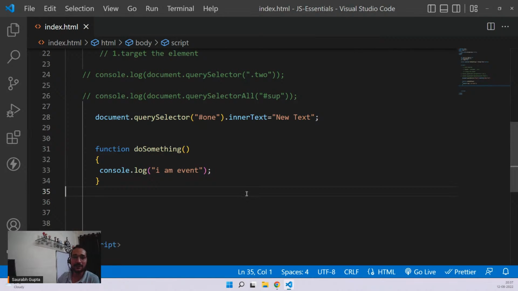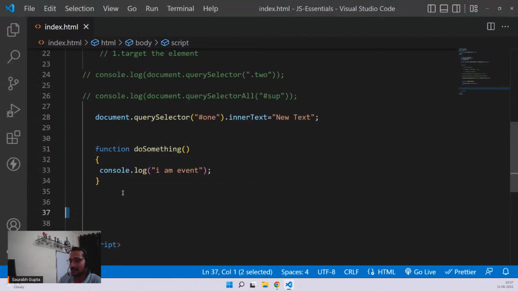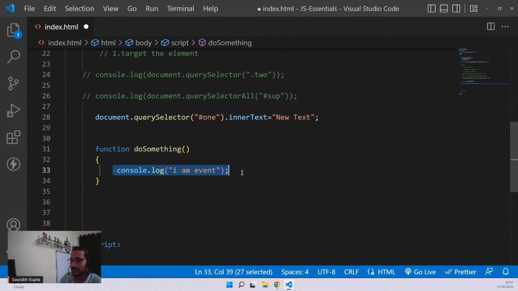Very simple understanding. What you perform is the event. Where you perform is the handler. And this function that is getting called behind the scenes is the listener. And as I said, you can execute whatever code you want. So now what I can do is instead of this console.log, I can put